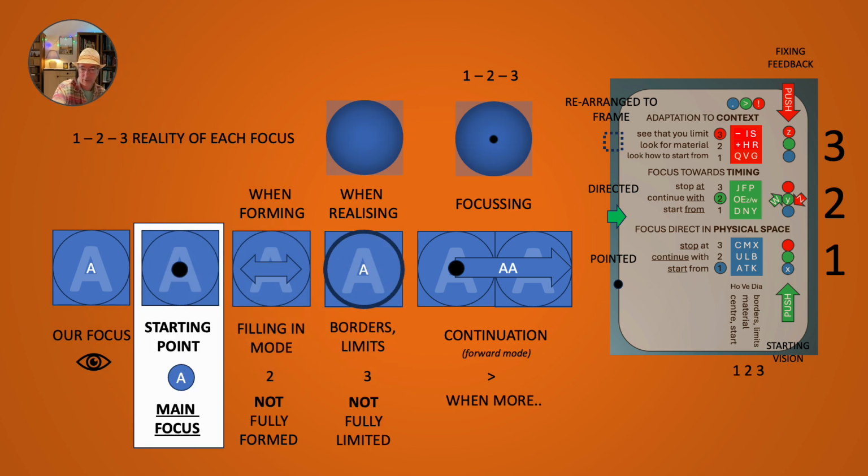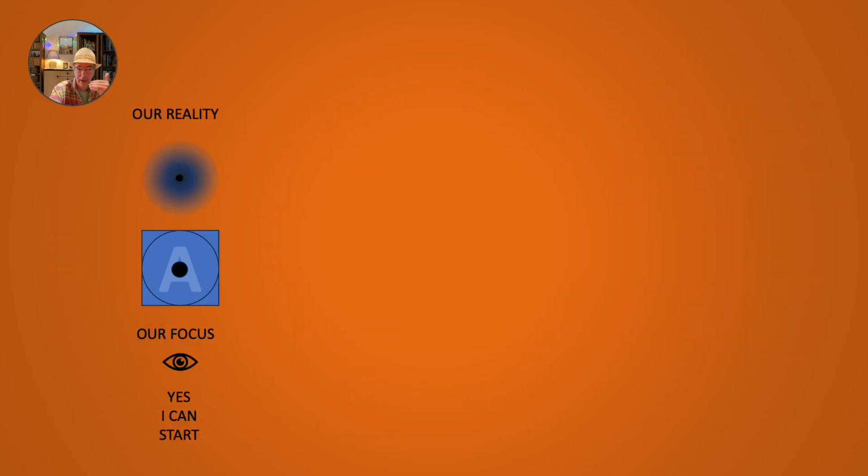So for A, of course, it's the starting point, so our main focus will be the starting point itself, and the rest is an addition, but it will all start from the starting point. So on the reality, we have the whole range of everything we can see, but our focus will go